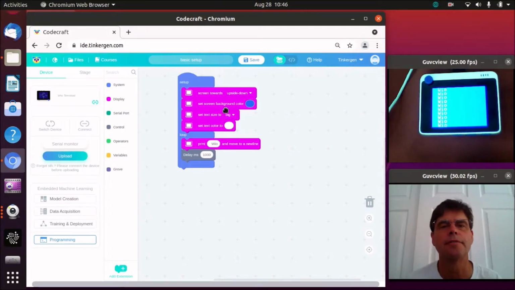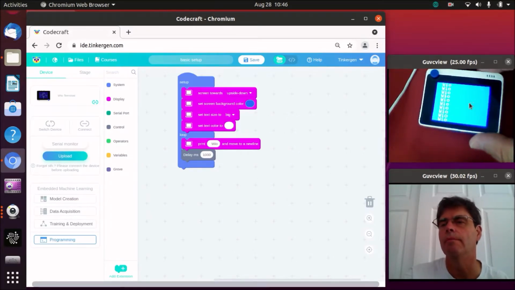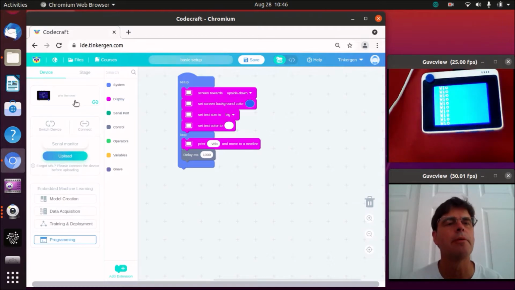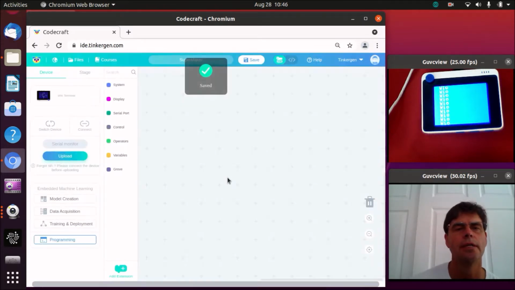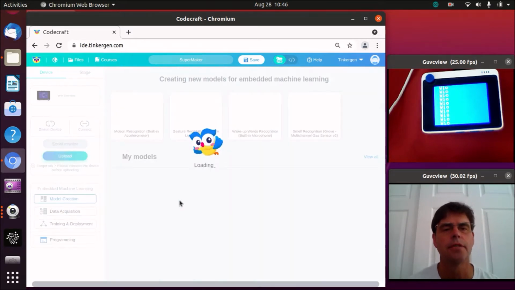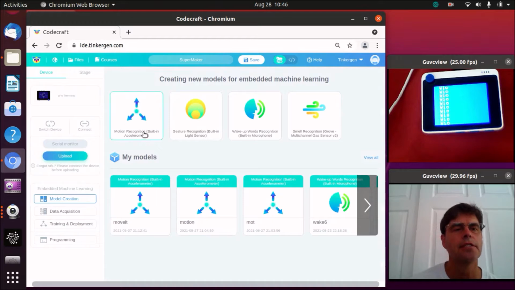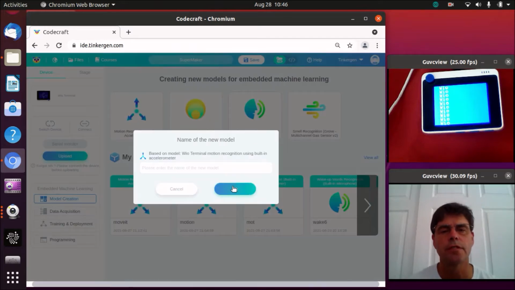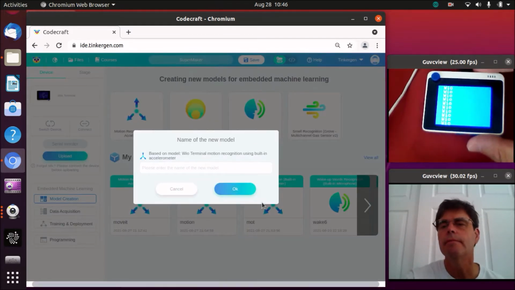Okay, so here we have just a basic Wio demonstration there, but what we're going to do today is some machine learning. So let's get a fresh Wio going, and let's go to model creation. I would like to do the motion one first, and